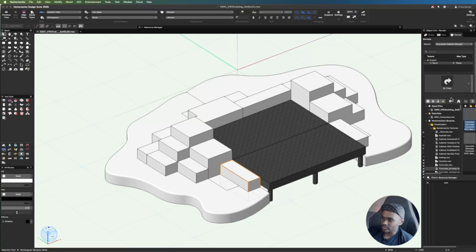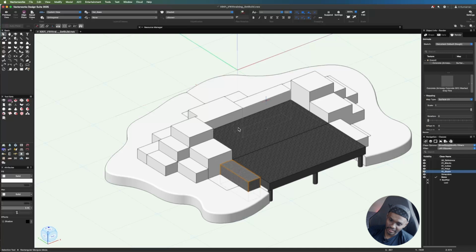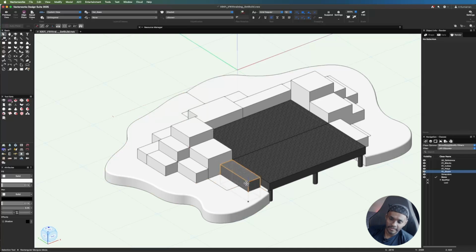You might not be able to see this pop up very well. Let me see. Okay, concrete, and I'm just going to select that, and you will see that the object changes texture to concrete. This will work, but having to go around on a block by block basis to do this might take you forever. So how I prefer to do it is, because I already have these classes set up over here,